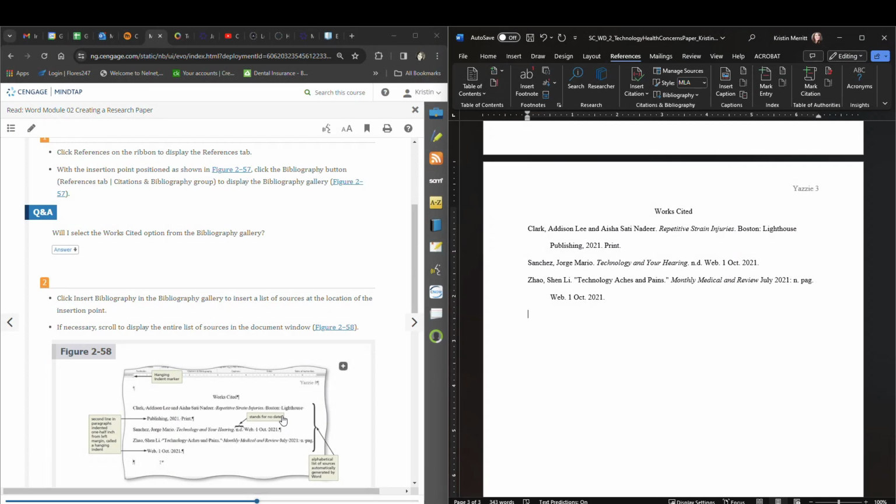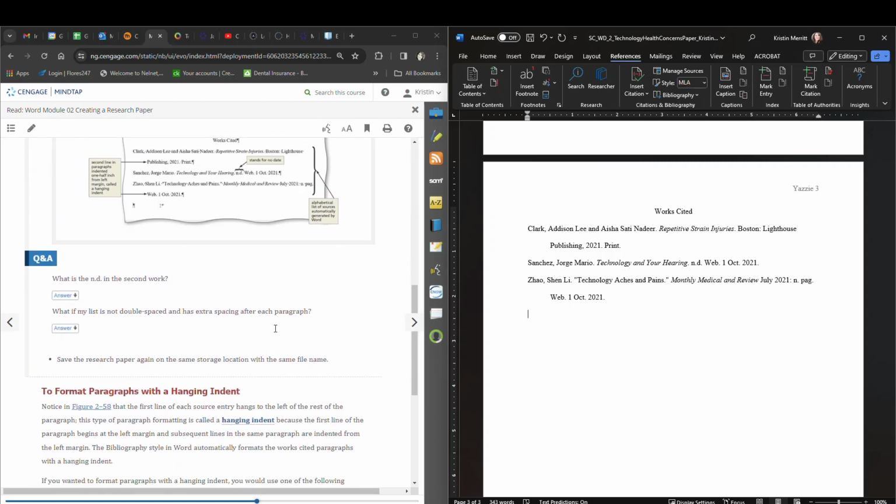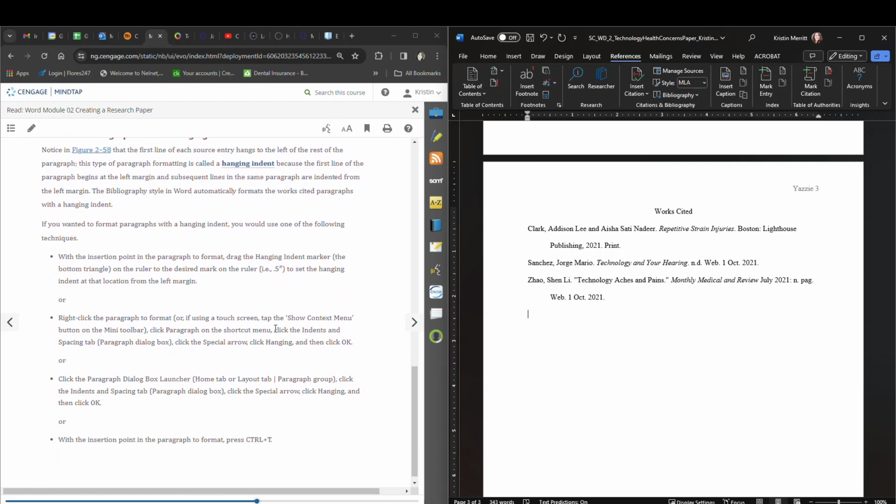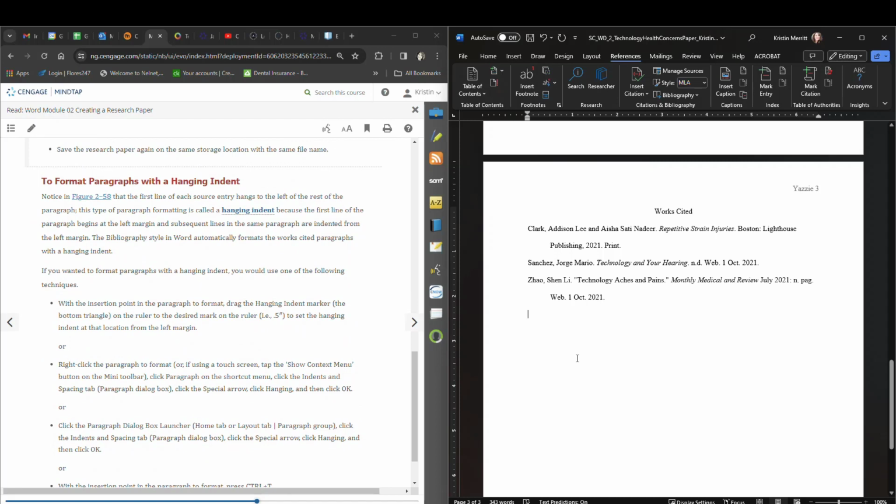Notice the first line of each source entry hangs to the left of the rest of the paragraph. This type of paragraph formatting is called a hanging indent because the first line of the paragraph begins at the left margin and subsequent lines in the same paragraph are indented from the left margin. The bibliography style in Word automatically formats the works cited paragraphs with a hanging indent. However, if you ever needed, you could format your own hanging indents using the techniques at the bottom of section